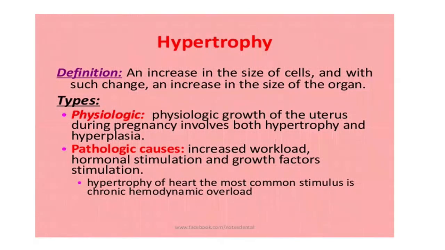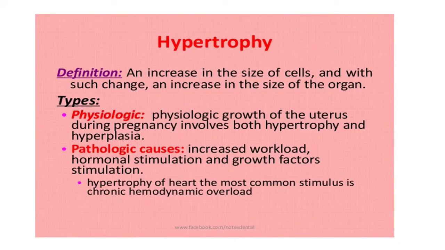And as we all know, we get pregnant in the uterus, not the stomach. So it is the responsibility of the abdomen to be able to stretch to help accommodate the fetus in the uterus. So whenever there is pregnancy, that is development of the fetus, it is the responsibility of the uterus to increase in size. So for example, a non-pregnant uterus weighs about 60 grams, but a pregnant uterus weighs 1,000 grams. So let's look at the difference, 60 to 1,000 grams. So there's a wide difference. So meaning that it has increased in what? In size. Pathological causes: increased workload, hormonal stimulation, and growth factor stimulation.